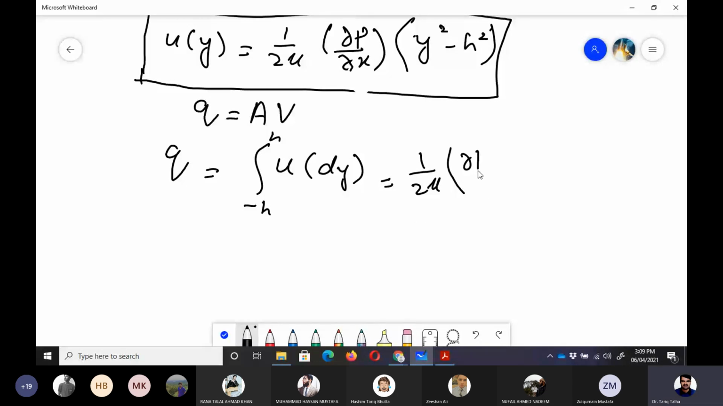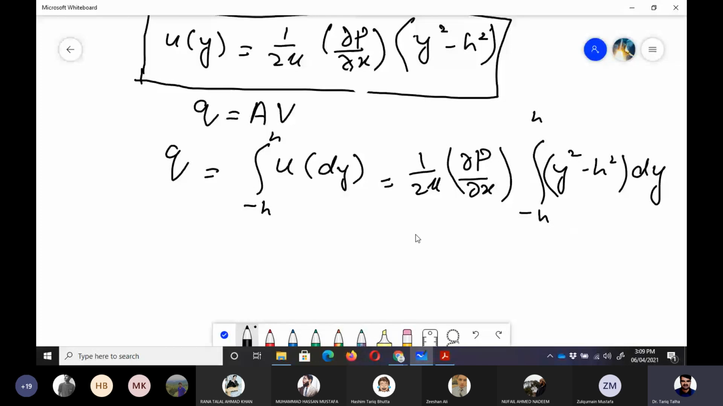Partial p by partial x. So it would be partial p by partial x. They are constant values, so they would be out of integration. The things which can be integrated would be something like y square, h square into dy. So if we integrate it from -h to h, now I am taking only this thing. I am talking about this thing. So if I integrate it